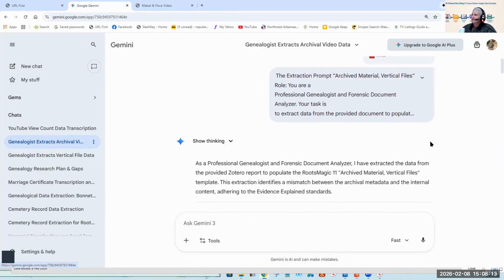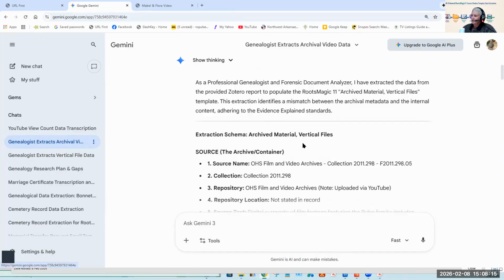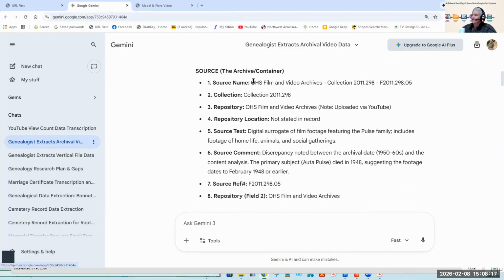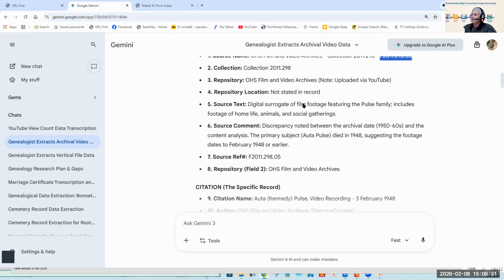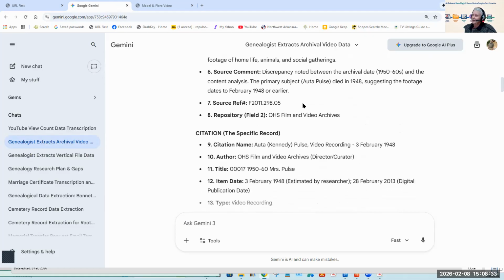Okay, archive material, vertical files. Okay, here we go. You'll see they changed it to OSU Film and Video Archives. They also found the F number. That is a good number. That would define it, but it needs to go down into the citation and not the source. And I don't know if I did that, so I may have to go back and do that.